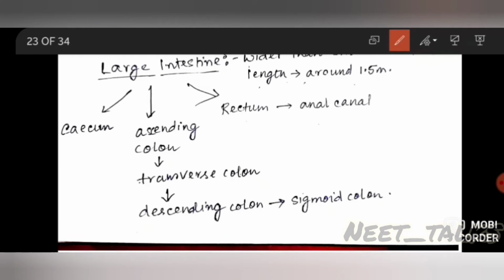So these are all about the large intestine, and this large intestine consists of the cecum, that is a sac-like bag which has an extension, that is the appendix. This appendix does not have any role in the digestion of the human body. Then why is this present? Because at earlier ages people used to eat plant products and had the capability of digesting the cellulose. This digestion of the cellulose of the food occurred inside this appendix.